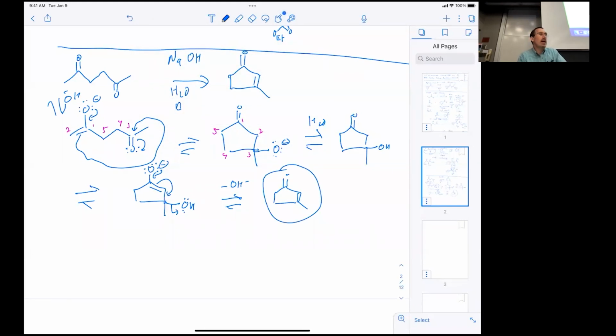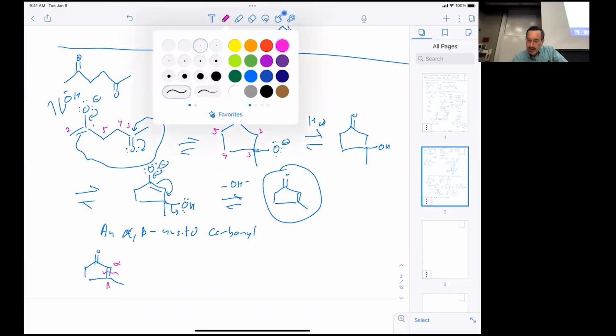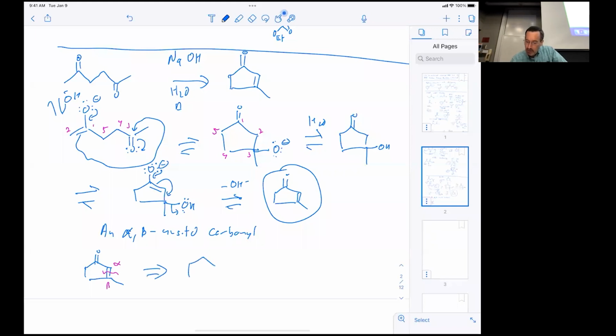So when you look at a molecule like this and you say, oh, it's an alpha beta unsaturated carbonyl compound, I know where alpha beta unsaturated carbonyl compounds can come from. They can come from aldol reactions, specifically aldol reactions with dehydration. And so you can apply this sort of thinking backwards, or retrosynthetic analysis, to say, oh, I know we form the bond between the alpha and beta carbon, right? This is the alpha carbon. That's the beta carbon. And that means that we can take this molecule apart